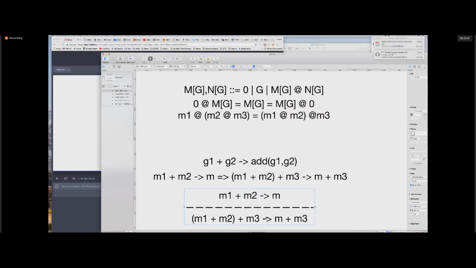So that's one of the things that is slightly different in terms of the format you might see with an SOS style. I just use the double and then the single arrow for the reduction relation. So the double arrow is this bar here, and then the single arrow is the reduction relation. So anyway, again,